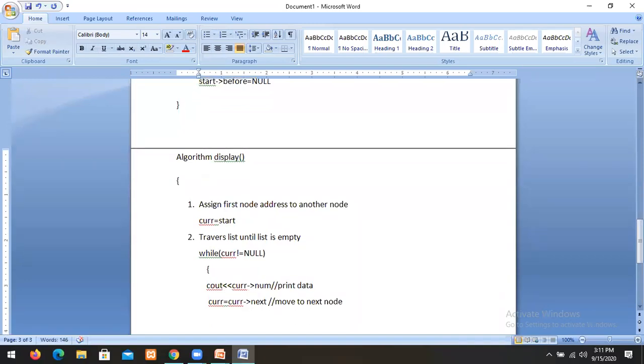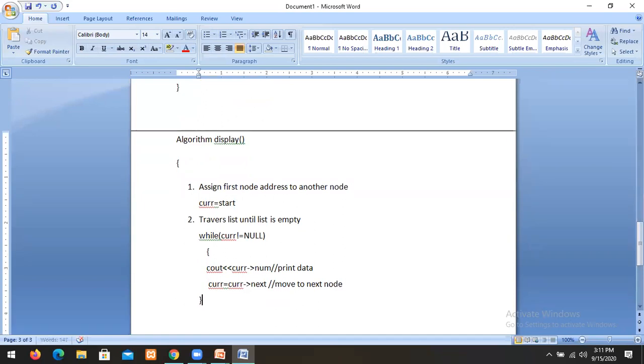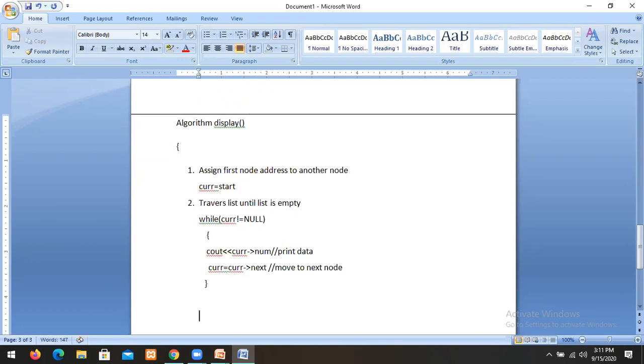This is just the algorithm. This is the easiest way to print the elements of a doubly linked list, which is the same as a singly linked list. This is the algorithm for display.